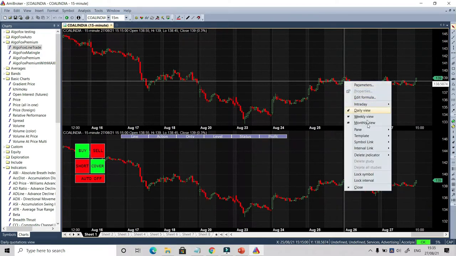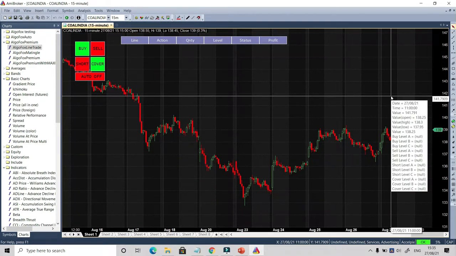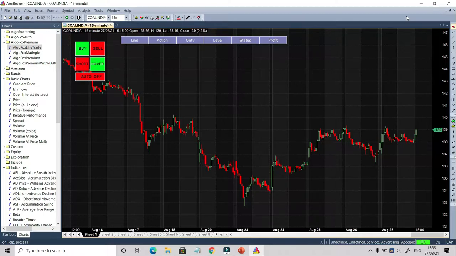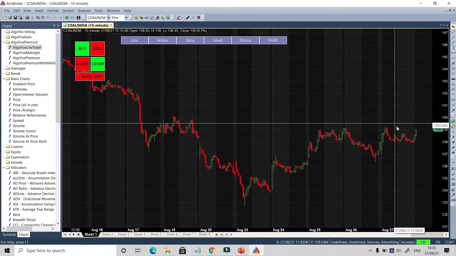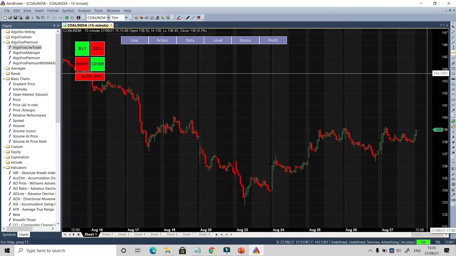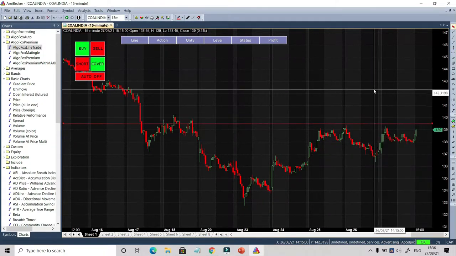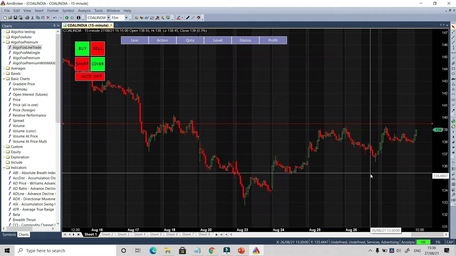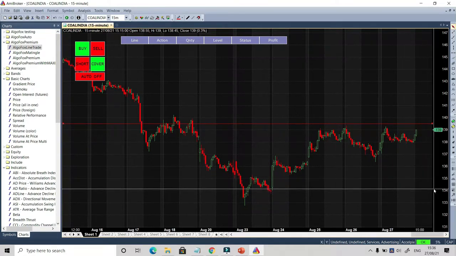So I'll just close the upper chart, and on this chart, if I want to take trades based upon trends, it is completely possible. For example, I want to take a trade, let us say, based upon the breakout of this resistance zone. All I have to do is bring a horizontal line. So you can see this is a horizontal line. I'll just click on this, bring it here and put it across here. Now whenever you put a line, every line has a study ID, and the study ID is a 2-alphabet ID. Now for our automation with AlgoFox, you need to mention the correct study ID to automate the trades.